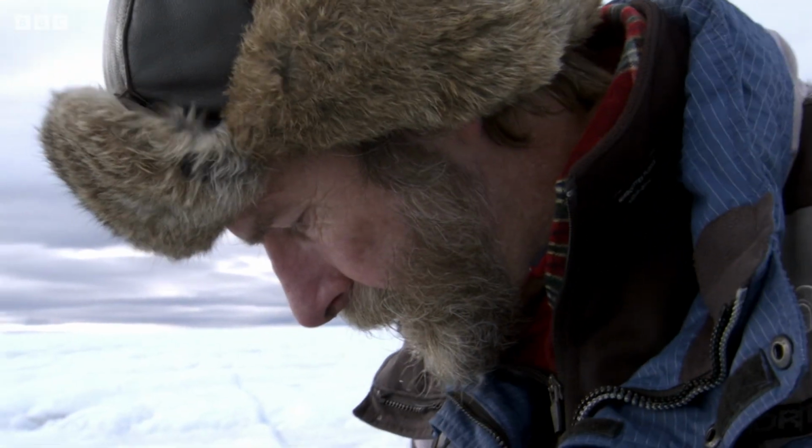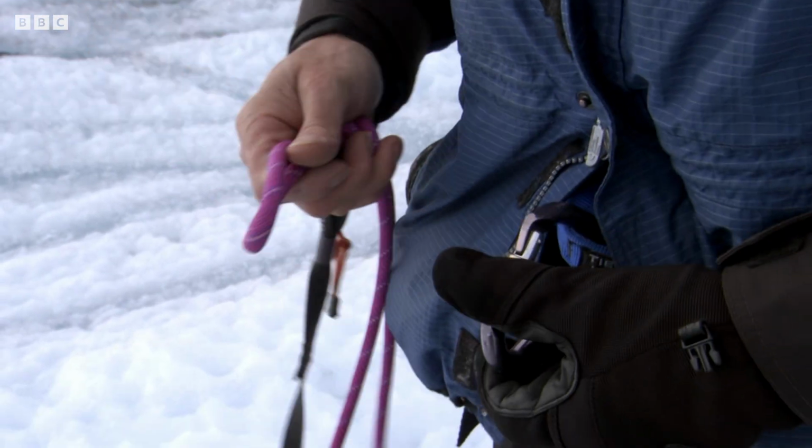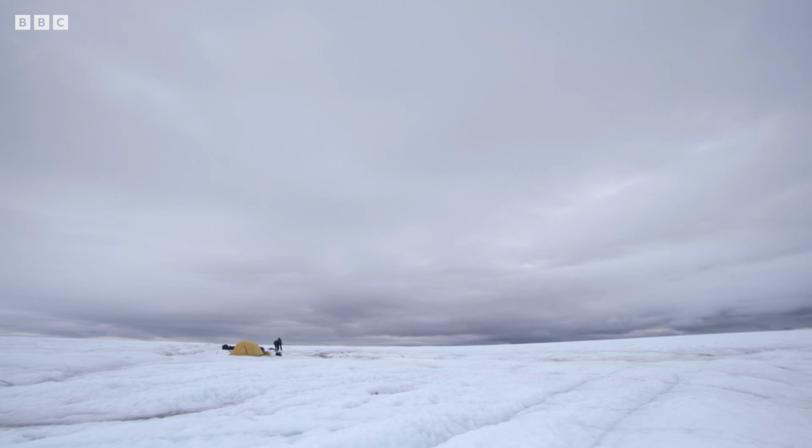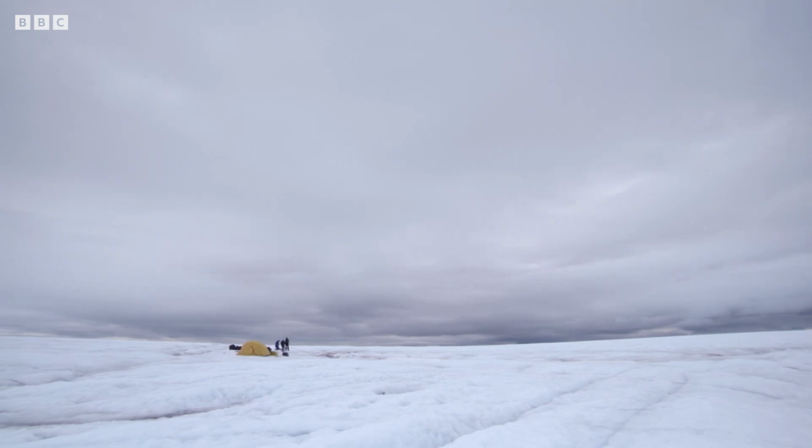Konnie Steffen is a scientist who has worked in the Arctic for over 3 decades. He and his team are high up on the Greenland ice sheet. They're trying to discover what's causing it to speed up and to find out if this acceleration is related to